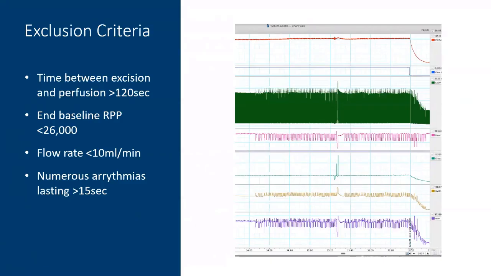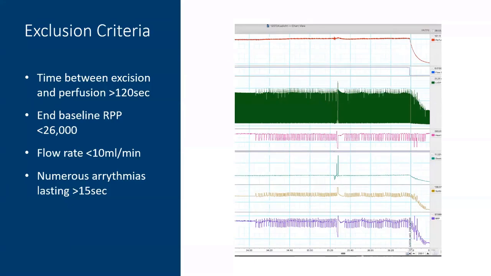We also use an exclusion criteria that uses a definition from the rate pressure product. And here, if we have an RPP less than 26,000, we would tend to suggest that the heart is not performing adequately, even at the end of that baseline period. If the heart requires less than 10 mils per minute to have an adequate perfusion pressure, this would also be